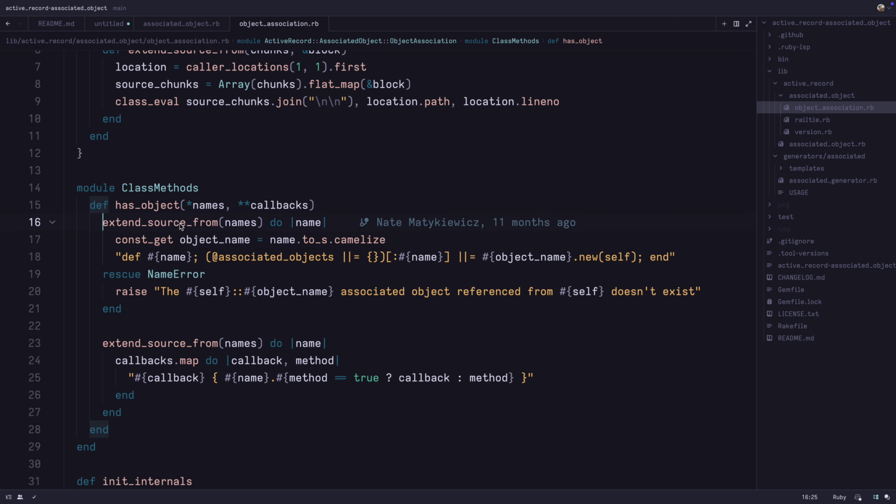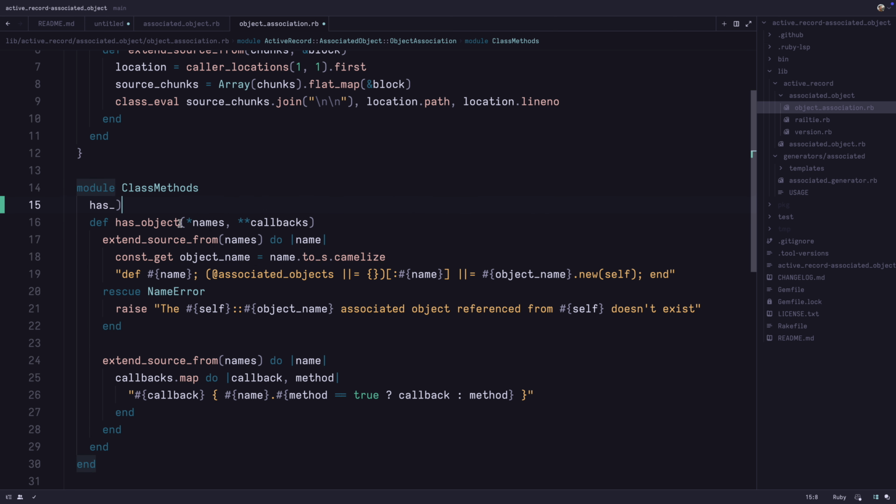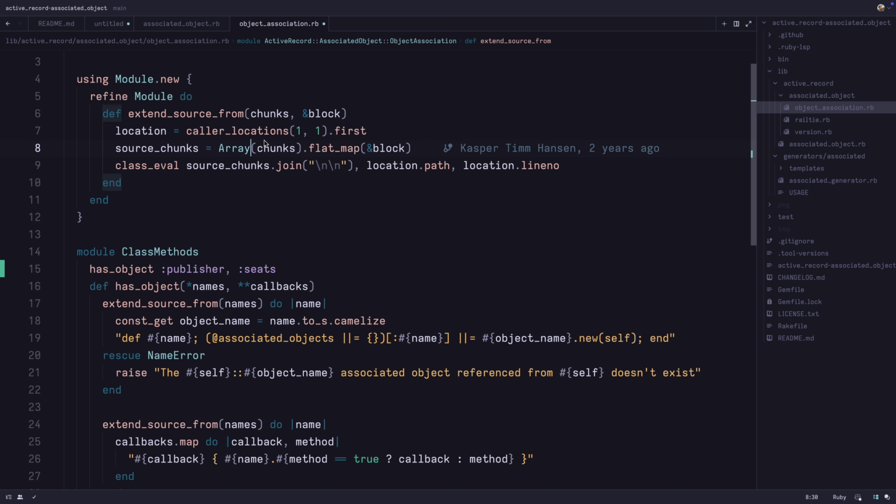But basically what it is, we can insert these names. So what that would be is like you have has_object, it could be publisher, it could be like seat. So you have multiple, and you loop over each of these symbols in here, and for each of them you yield to this block where you then return a string that then gets concatenated. So that's what's happening up here. So another thing, first I have to grab the location so you can point back to